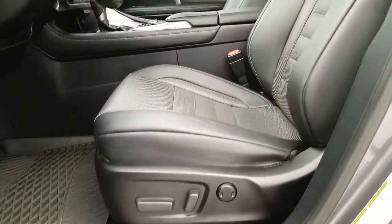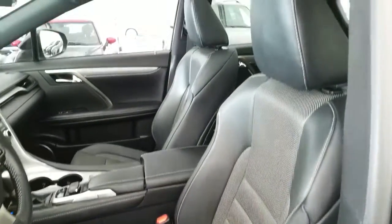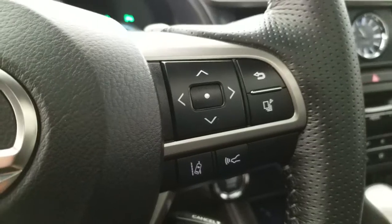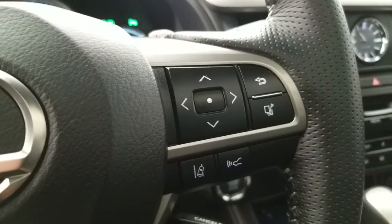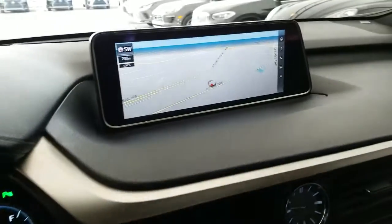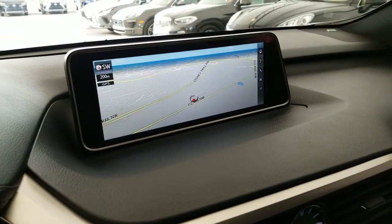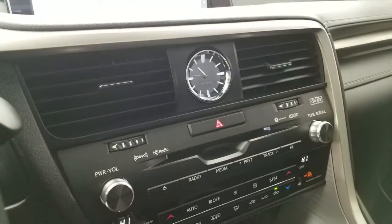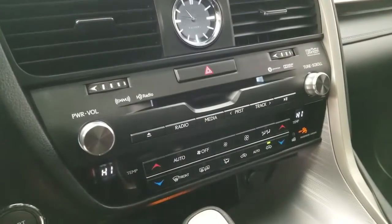power adjustable front seating, hands-free controls, lane keeping assist with steering assist, dynamic radar cruise control, also equipped with the pre-collision, a 12.3-inch multimedia display with navigation and the integrated backup camera, a 15-speaker Mark Levinson premium surround sound audio system, dual zone climate control,